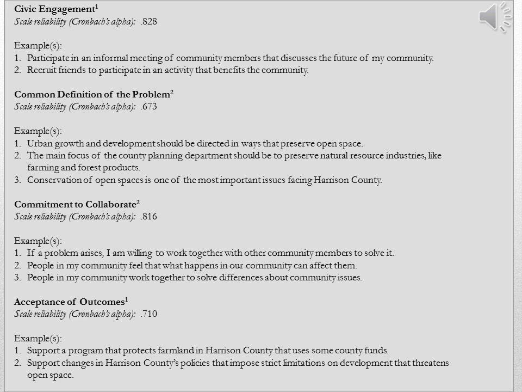And briefly, here's how I went about measuring some of these. Here are some examples of questions that were included in each of these measures. Obviously, these aren't all of the items that were included under each one, but you also see the scale reliability score, the Cronbach's alpha, that's associated with each one of these. For a developmental study like this, these are very strong scale reliability scores. You can take a quick look at a couple of the items that I've used to measure each one of these latent constructs.